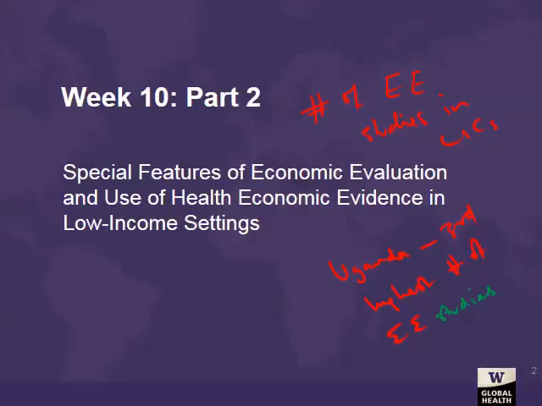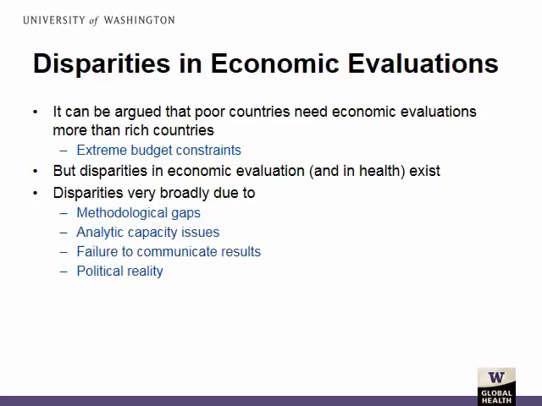So let's now look at how economic evaluations in this setting of poor countries differ from economic evaluation in the setting of high-income countries. As a way of background, disparities between the rich countries and the poor countries exist in the performance and use of economic evaluations. One can argue that the poor countries need economic evaluations more, and the reason is they have extreme budget constraints. You have per capita annual health expenditure